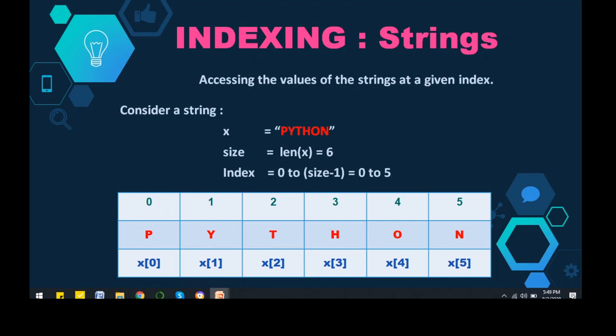So if you want to access the value at index 0, you will write it like this. Similarly, you can access the values at different indices. So x of 0 is going to give us p, x of 1 will give us y, and similarly x of 5 will give us n.